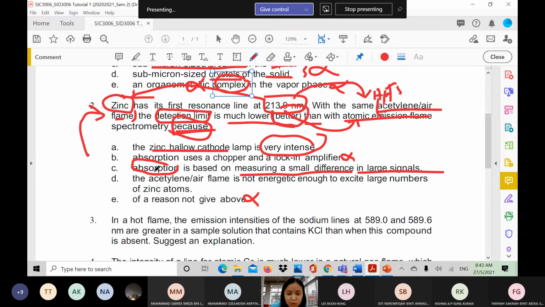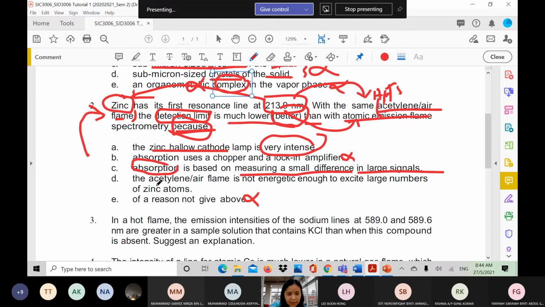So in your final exam, the questions are basic, based on your understanding of the concepts. What is excitation? What is relaxation? You must know all these things because this is the basic principle of atomic spectroscopy. How does this atom get excited from the ground state to the excited state? Because of what? When it absorbs energy from the electromagnetic radiation. It has energy, then it can excite. Otherwise, how to excite, right? So this definition is wrong and also is not answering question number 2.